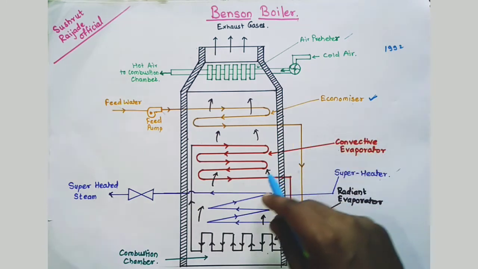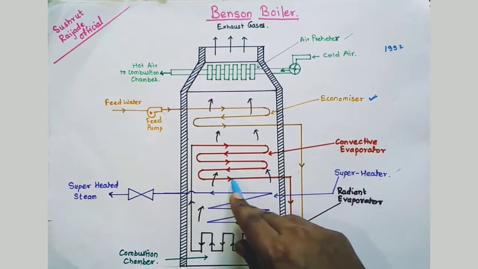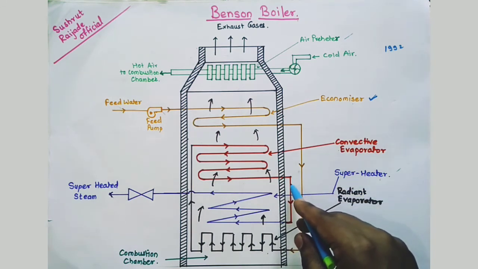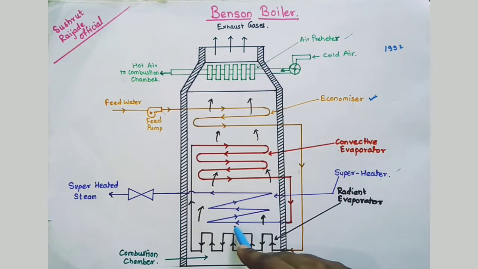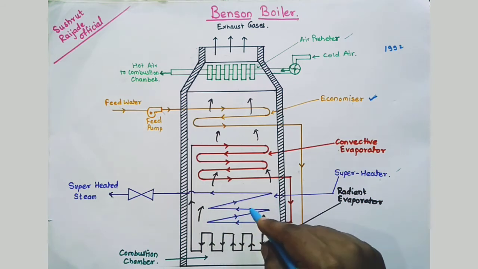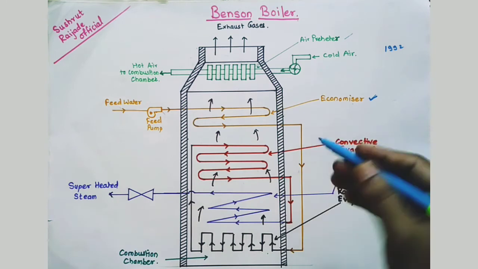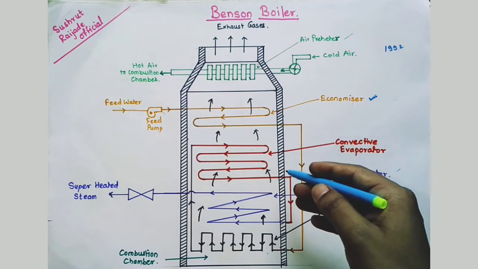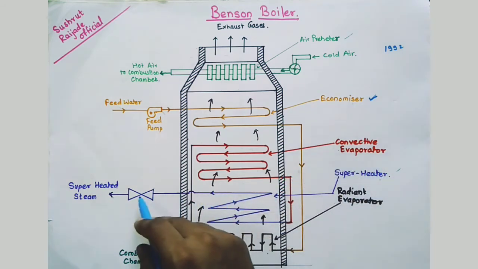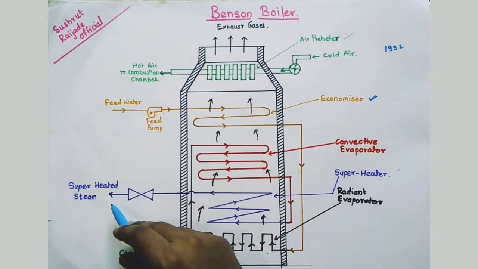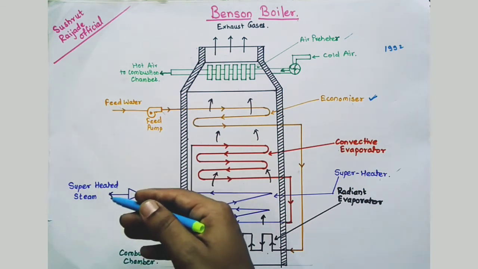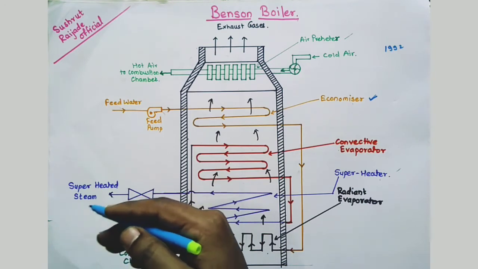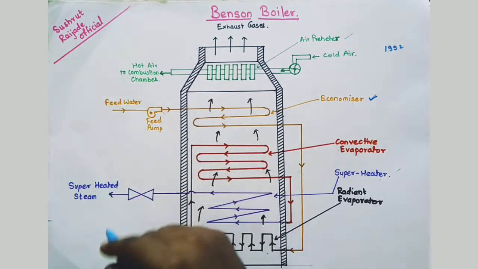No droplet is present in the convective evaporator, and then that steam without droplets of water is transferred to the superheater. Now in the superheater, it superheats the steam, therefore it increases the pressure of the steam, and then that pressurized steam is passed towards the turbine. Then in the turbine it creates mechanical energy, which is connected to the generator, and that generator converts the mechanical energy into electrical energy.